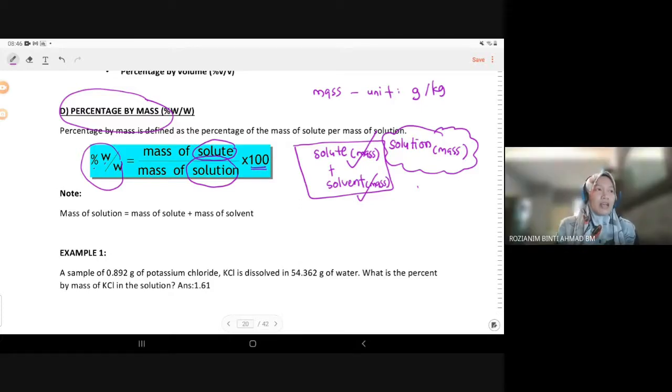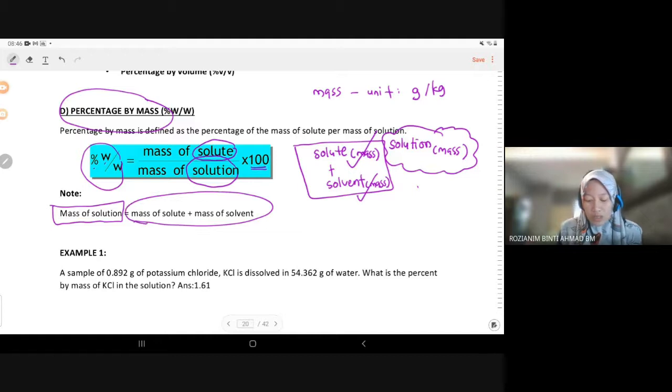Right. So, dalam soalan nanti nampak simple tapi student mostly tak boleh beza solute, solvent, solution. Okay. So, sekarang ni bila you dapat beza senang. Kalau kita nak cari mass solution, so it must be the addition between mass solute tambah mass solvent. Itu yang penting. Keyword terakhir yang ditrik kat situ. Student tak boleh jumpa mass solution sebab dia tak ingat this situation. Okay. So, this is the fourth